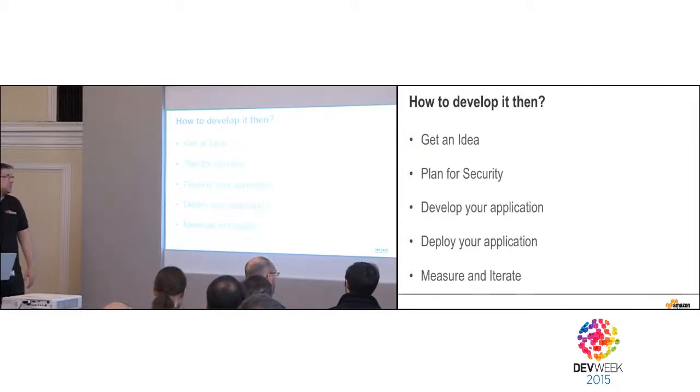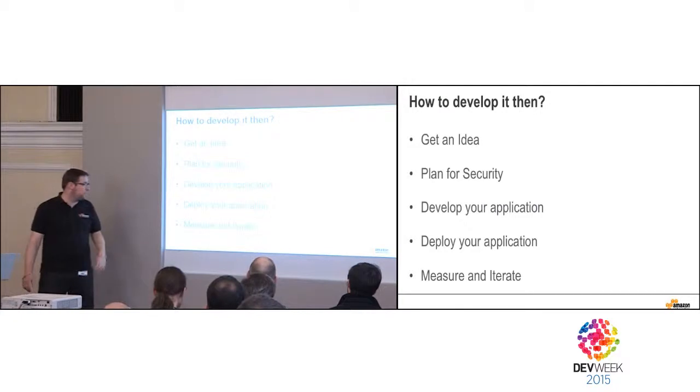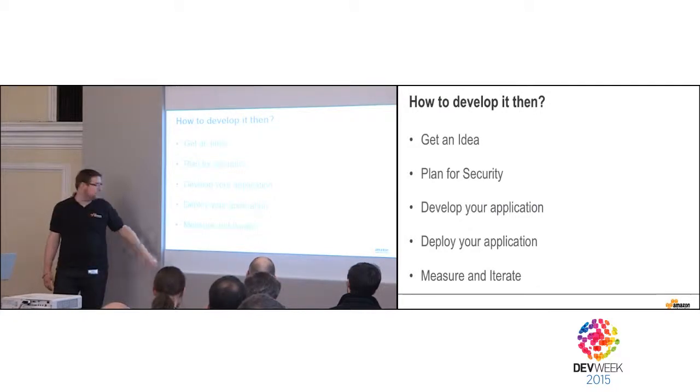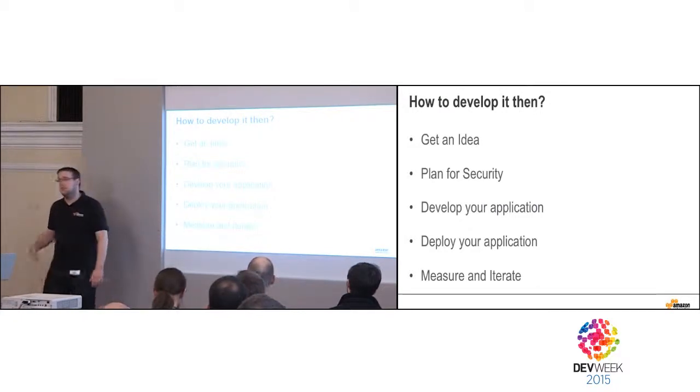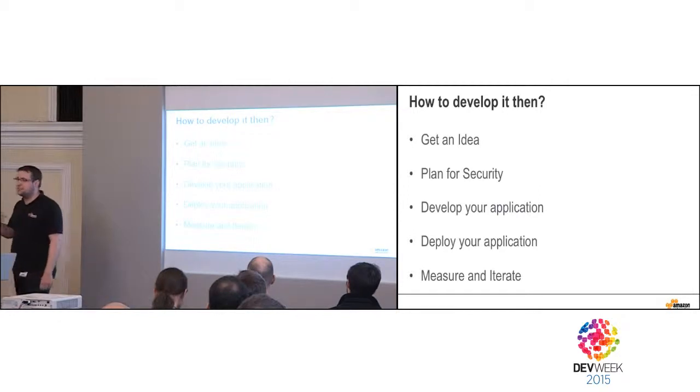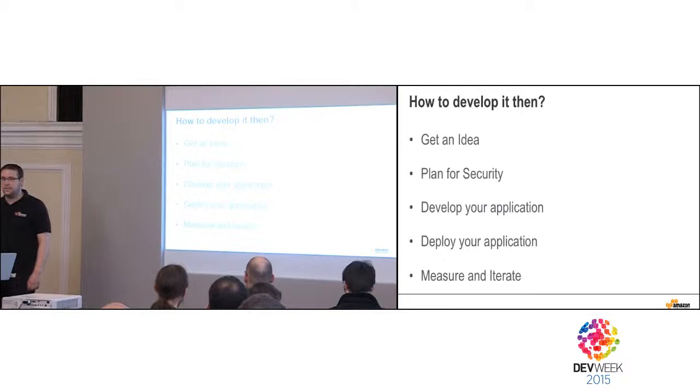And that's really one of the key points in the cloud. What you've seen just before on behavior-driven development, it's really that. You start small, you do things, you measure how it works, and you iterate. And measuring and iterating is really key to having an agile and a linear architecture.